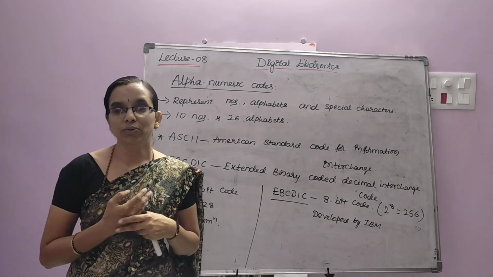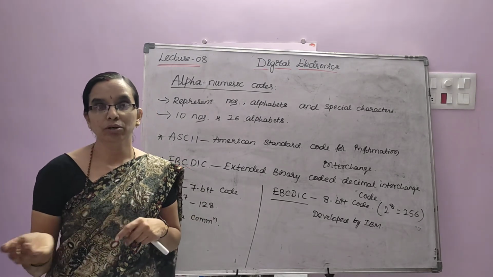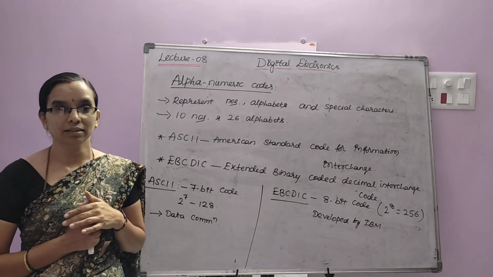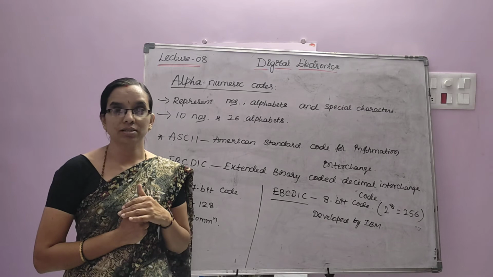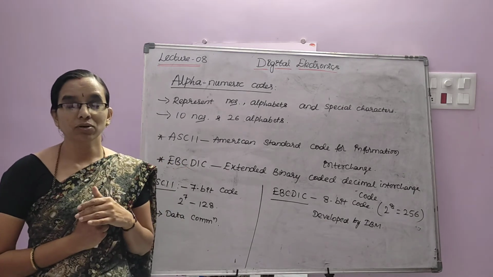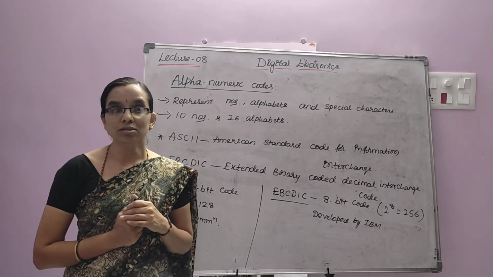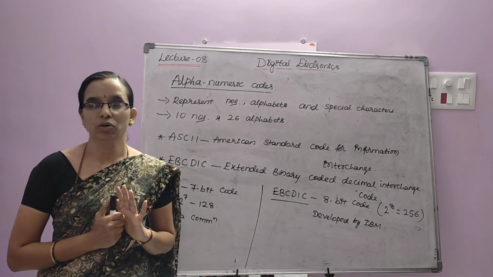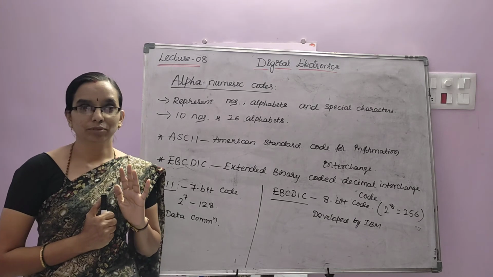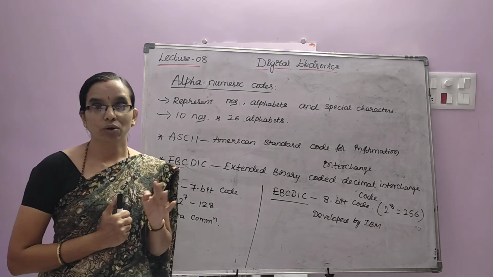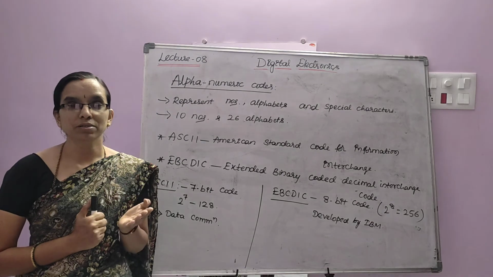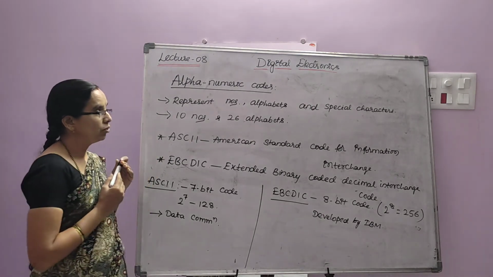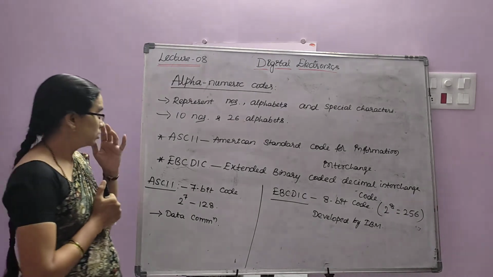You already know your computer keyboard or your smartphone keypad. All the characters that are there can be represented using alphanumeric codes, because any digital system uses a series of ones and zeros to represent any of the alphabets, any of the names, voice, whatever; it will be represented using zeros and ones.